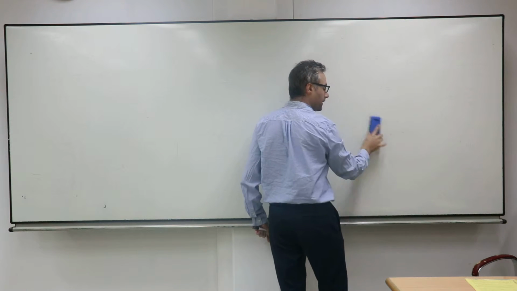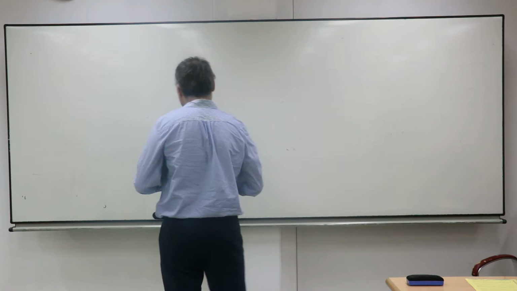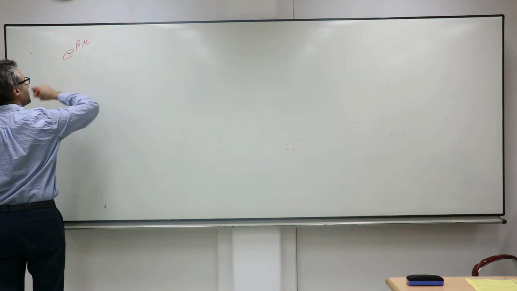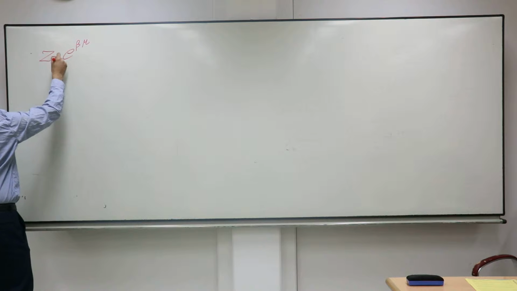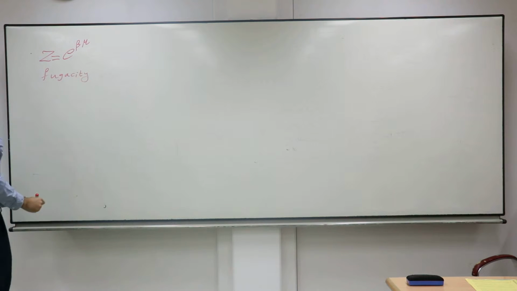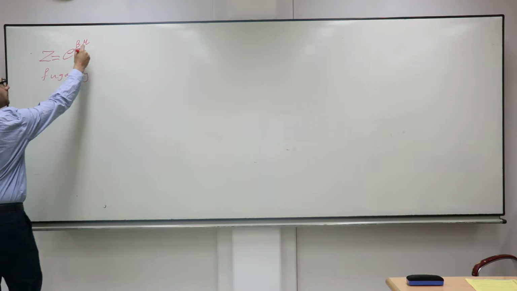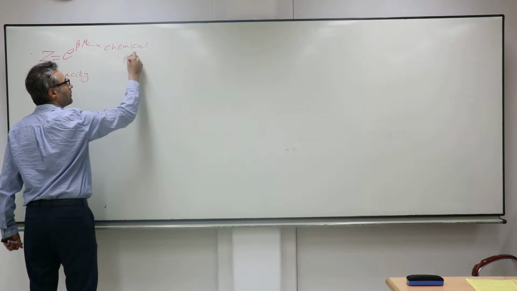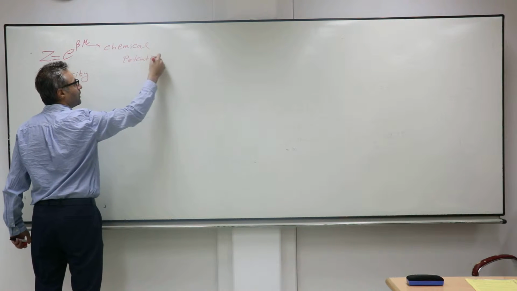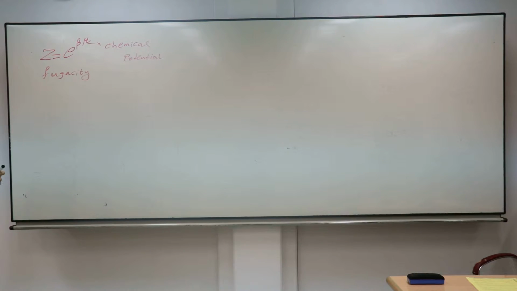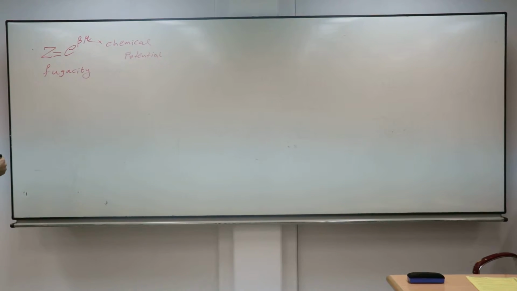The only new thing in the grand canonical ensemble is a new concept, the chemical potential, and a new parameter we call fugacity, which is a function of the chemical potential. So this is the chemical potential. And we explained that by simple methods.